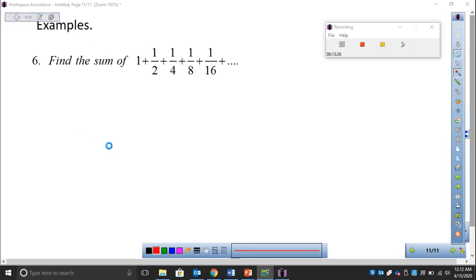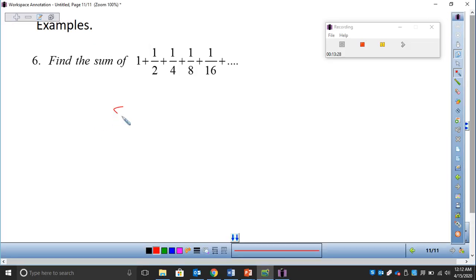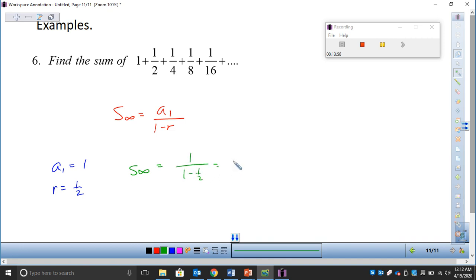Find the sum of this series right here. Here's our formula. S sub infinity equals a sub 1 over 1 minus r. So a sub 1 in this case is 1. Our ratio, how do I go from 1 to 1/2, 1/2 to 1/4? Sounds like I just multiply by 1/2. And so now plugging things in, the sum of this series, again, I'm adding more and more things every time. The sum of this series is going to be 1 over 1 minus 1/2, which is 1 over 1/2,